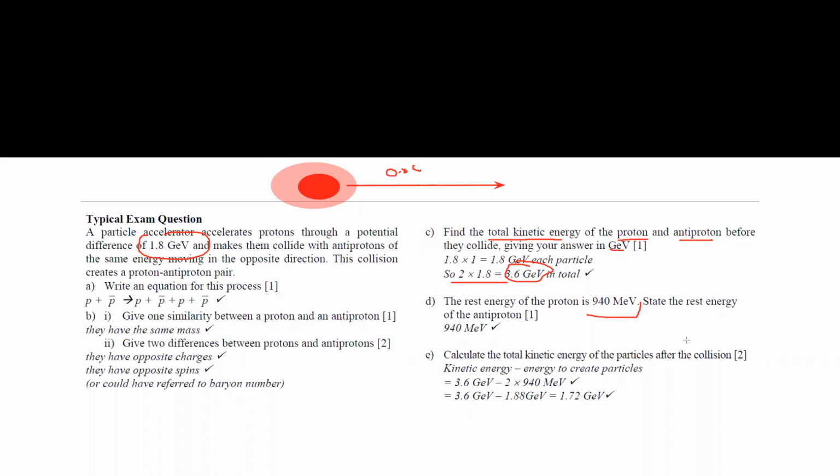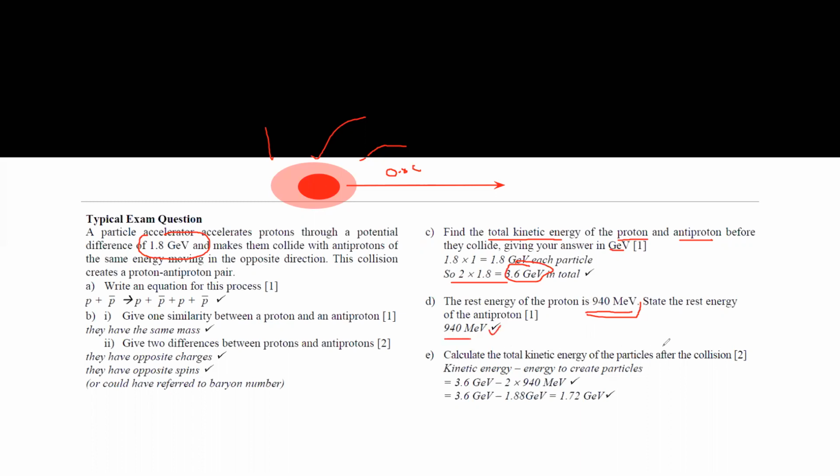Rest mass means the mass is not changing, it is constant, because when the particle moves closer to the speed of light, its mass is not constant, it gains particles or Higgs bosons. That's why the mass will increase, and so it will not be the actual value we calculated. Rest energy is the energy released if the particle has that specific rest mass. So if the rest energy of a proton is 940 MeV, this is the energy released by one proton. The same amount of energy will be released by an antiproton, which is also 940.